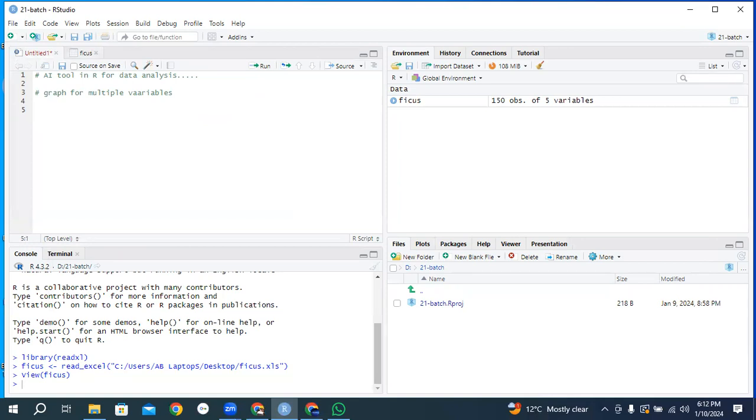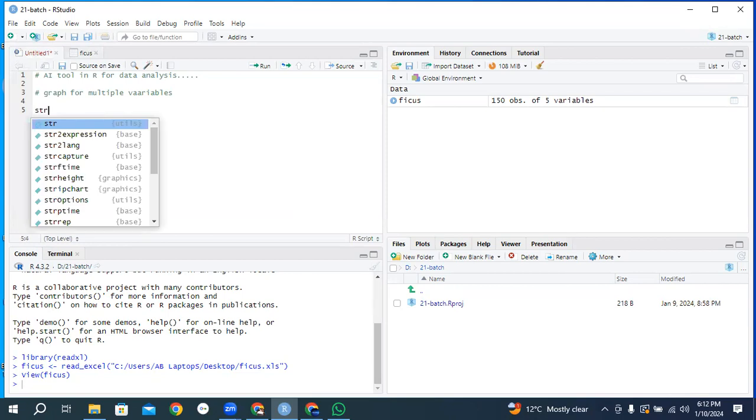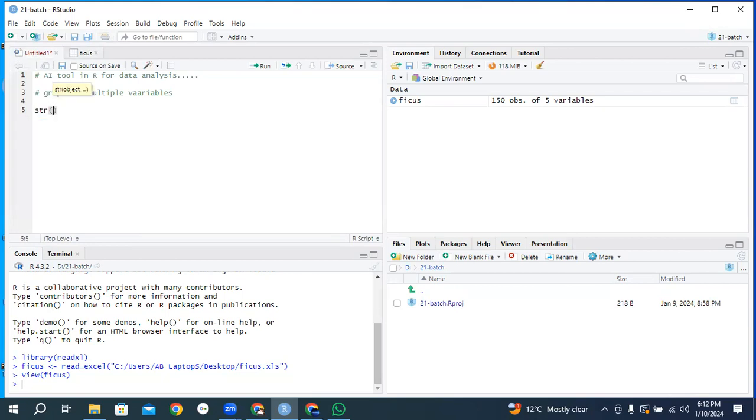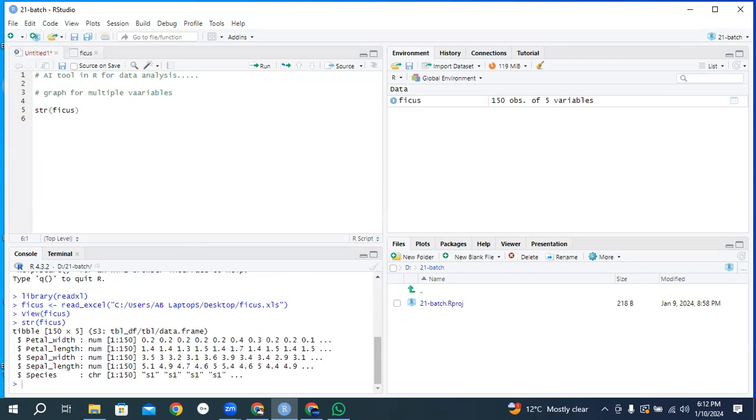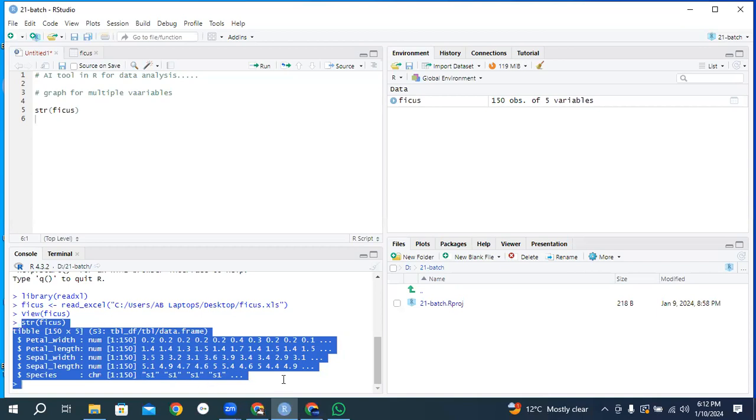So please remember, or write a note, when you seek help from AI tools for R analysis, you need str of your dataset. str means the structure of your dataset. So type the basic function str. Within str type the file name, that is ficus, and run this command. Now you get a table below, a summary of your file, indicating the structure of your dataset. So copy it,